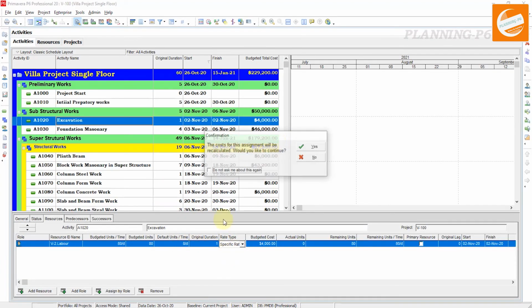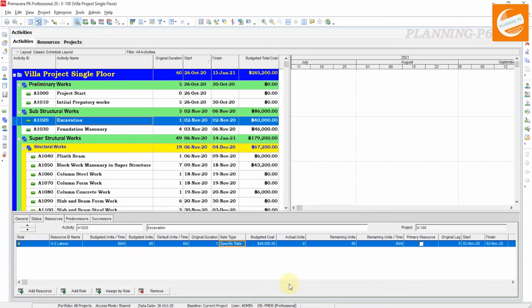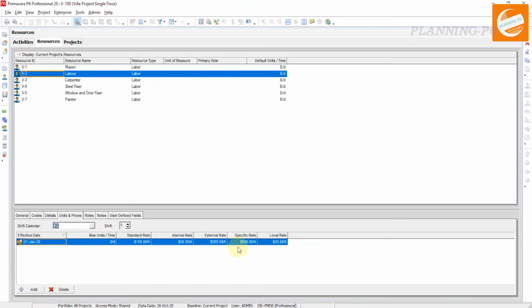Specific rate, yes, and you can see it is 40,000, because if you go to the resources, the specific rate is $500 and the standard is $100. Then it is multiplied by 5 times, equal to 40,000.